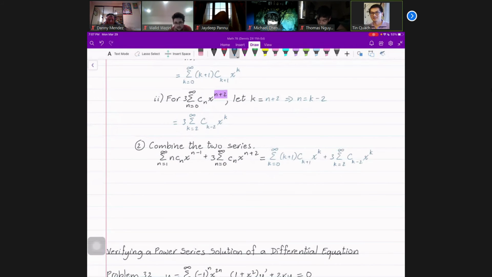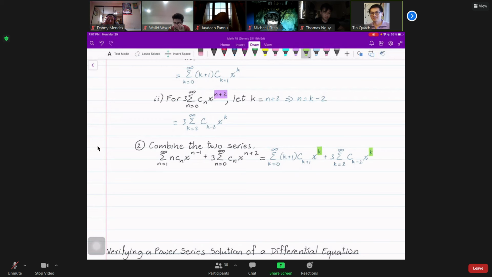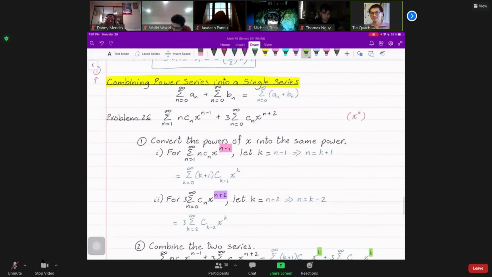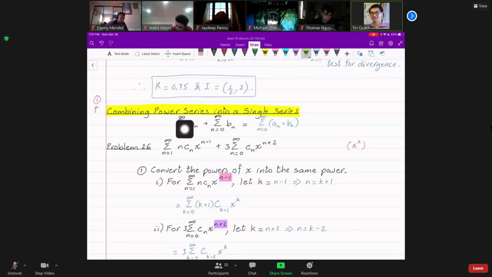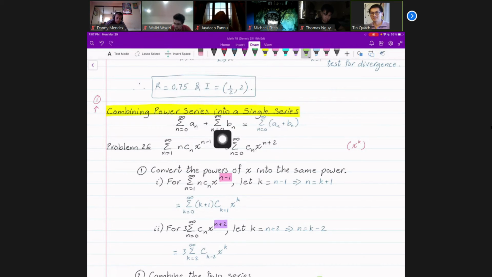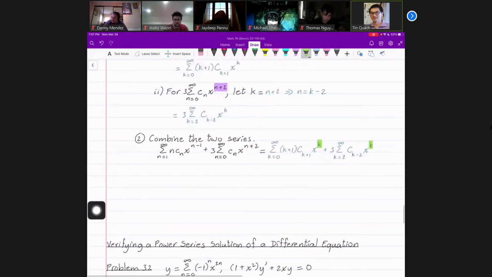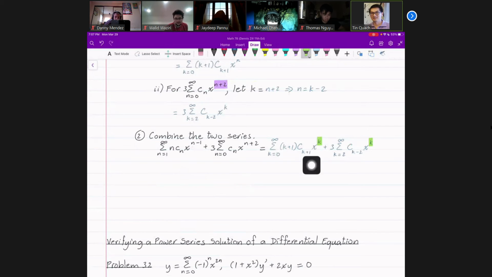Now, in this case, you know that the two series have the same exponent for x, right? However, in order for us to be able to combine the two series, they have to have the same starting value. In this case, they don't. So what you have to do is rewrite so they have the same starting value. For the first series, you can just take out the first two terms. So you take out the term when k is 0 and also the term when k is 1. Then from that on, you're going to have k starting from 2.